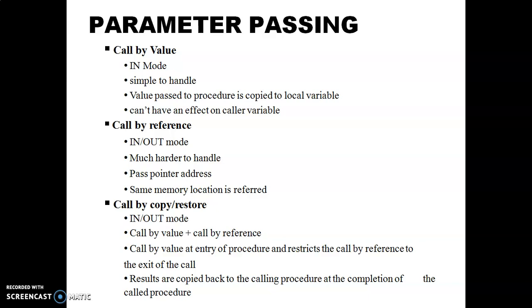I think you are already aware of the call by value and call by reference modes.